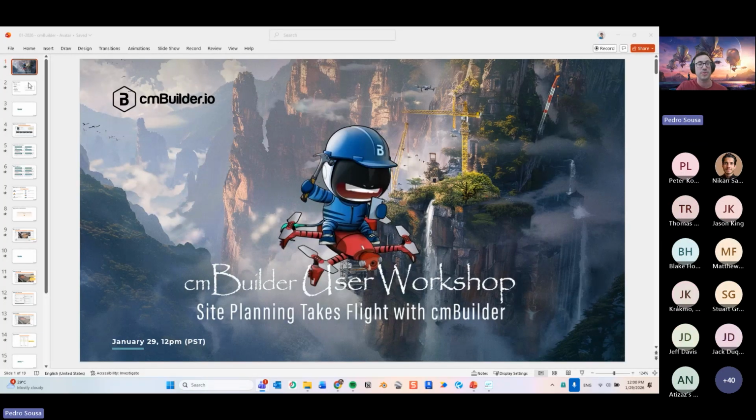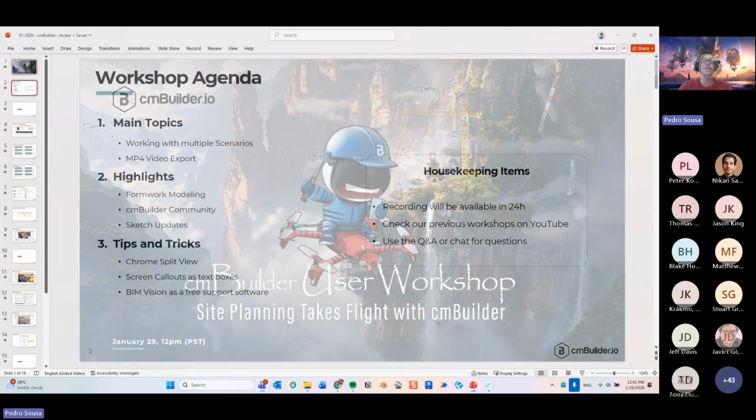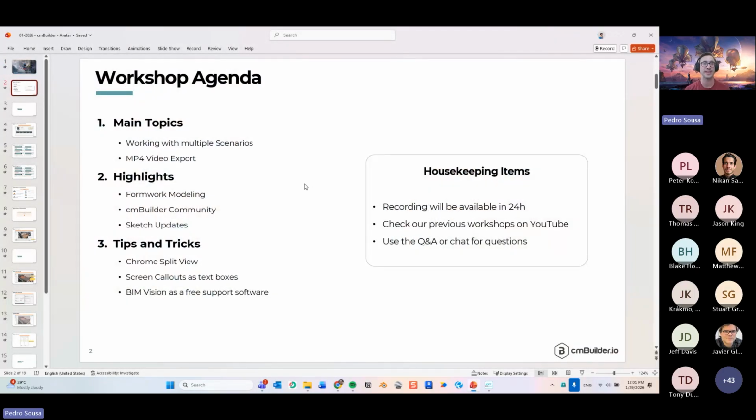So our theme for today is Avatar. The topics that we're going to be talking about today: I've talked with a couple users, and sometimes people ask me how to use different scenarios, or sometimes in a support call I suggest people use different scenarios for specific reasons. So today I wanted to discuss a little bit how to work with multiple scenarios in your project, and